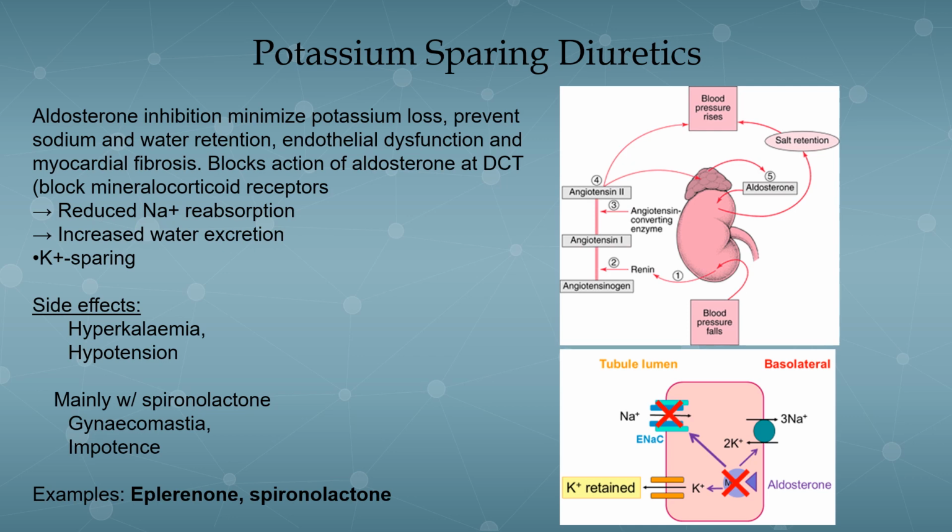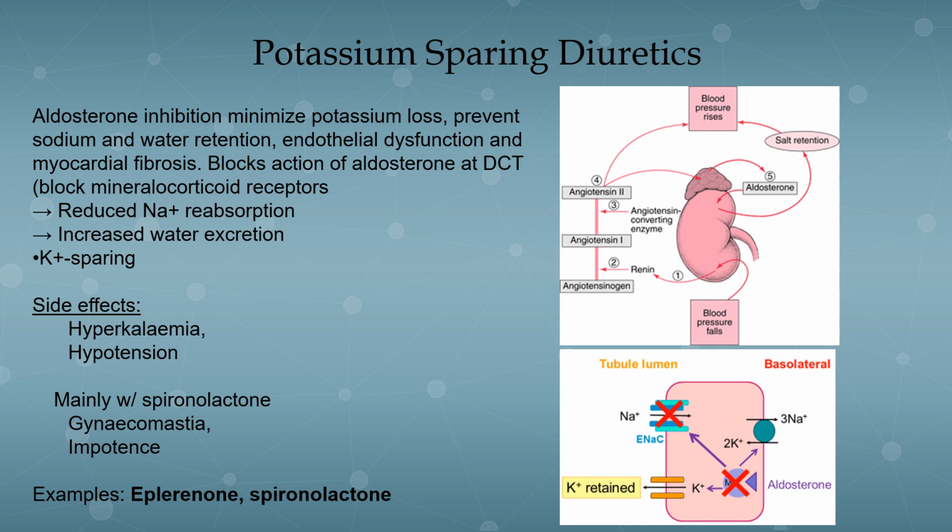Now we'll go through how this aldosterone is responsible for sodium and water retention. At the luminal side there are sodium channels. So what will happen? This aldosterone will cause absorption of sodium into the cell, and at the basolateral membrane there is this sodium potassium exchanger. So sodium is taken inside and potassium is pushed out, and then through the potassium channels at this lumen, this potassium is lost.